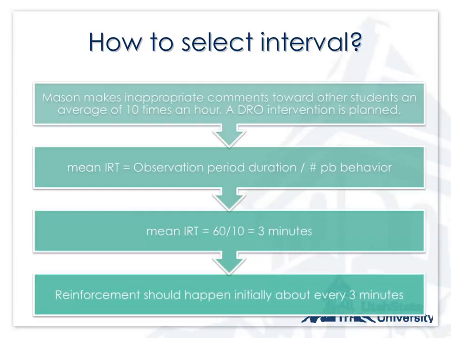For example, Mason makes inappropriate comments towards other students an average of 10 times per hour. A DRO intervention is planned. To calculate the mean IRT, divide the observation period, which is 60 minutes, by the average number of times he engages in problem behavior. Mason engages in problem behavior around every 3 minutes on average. So to ensure frequent reinforcement, the interval of time during which no problem behavior should occur should be set under